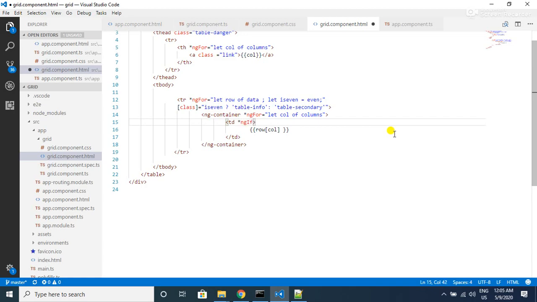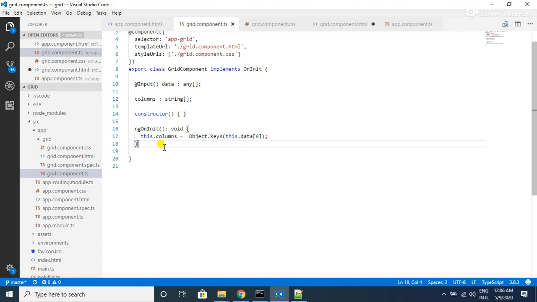So let's do that. ngIf equals, I am going to pass this column value to one function called isDate, and if isDate is true, then I want to display this column in a proper date format, otherwise I want to use some other format. So let's first go and add this isDate method in our TypeScript file, that is the gridComponent.ts file. This method checks whether value.getMonth is a function.